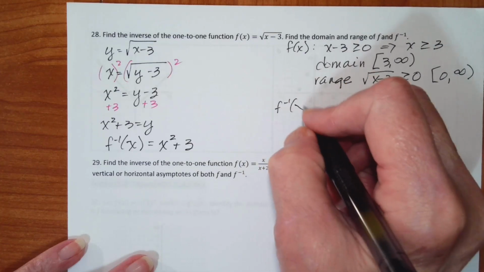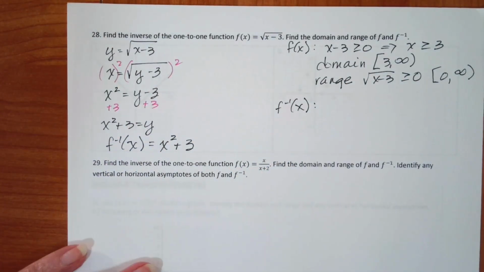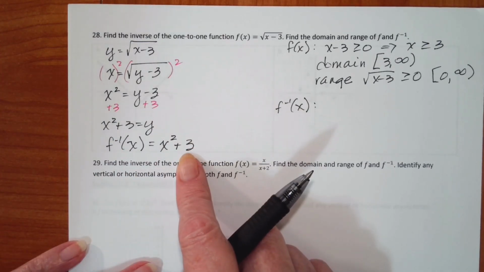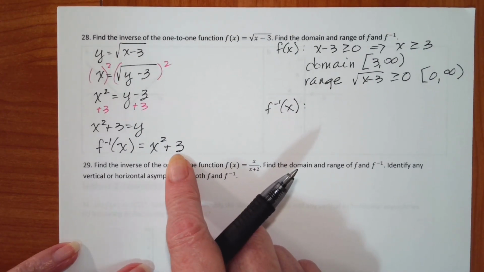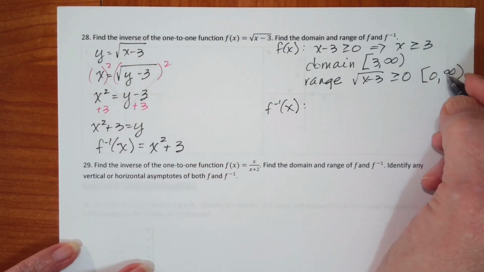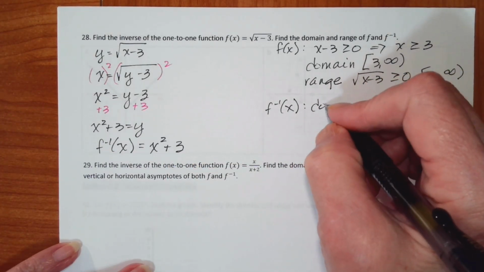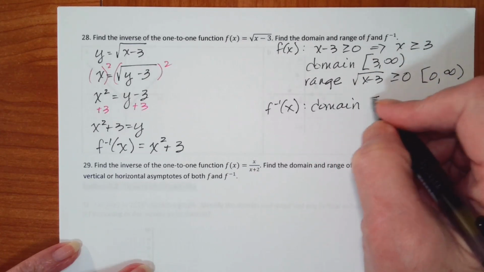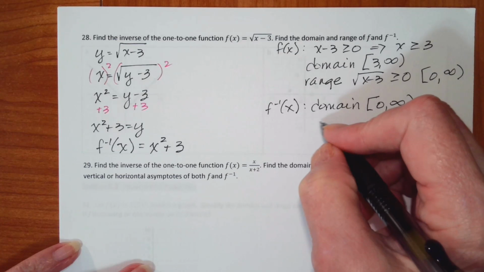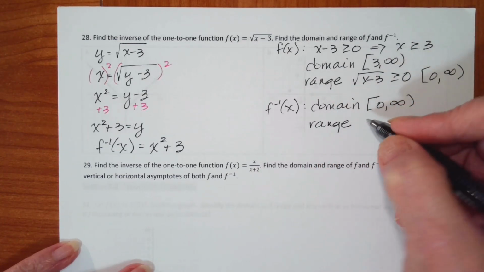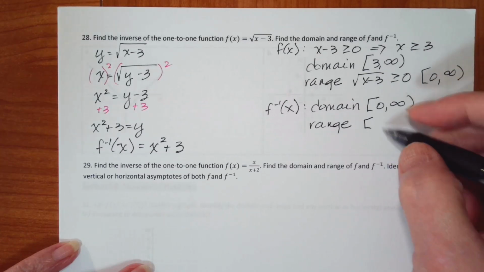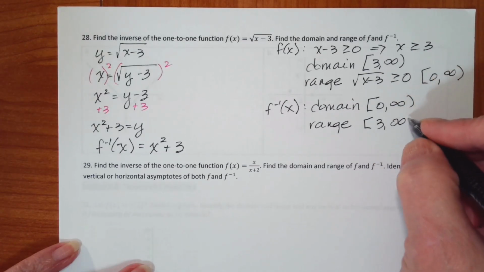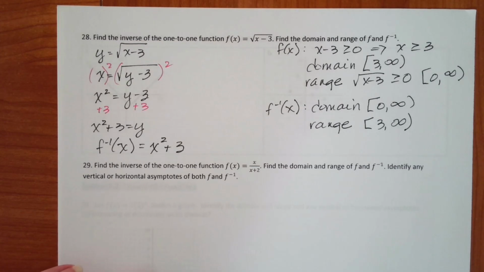So f inverse of x, the domain is going to be the range from here. So it is going to be 0 to infinity, and the range is going to be the domain from above. Now, if you look at this graphically, if you start out, and I'll just do a